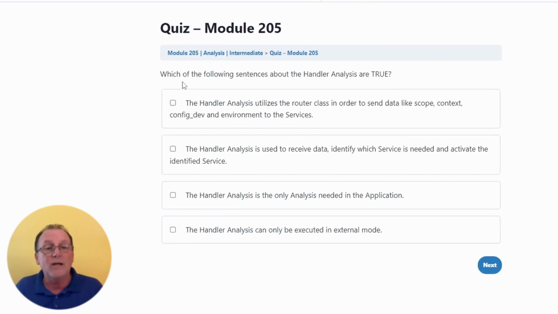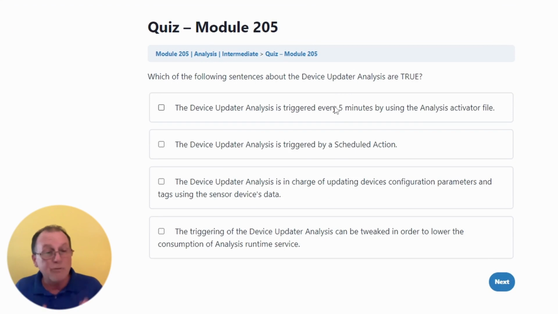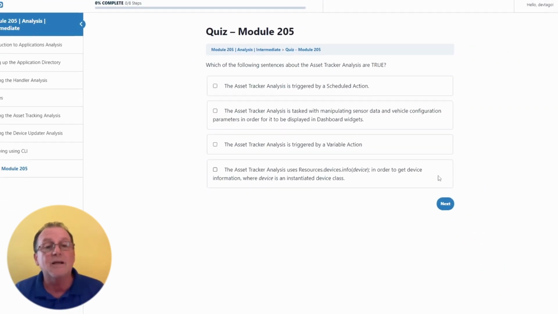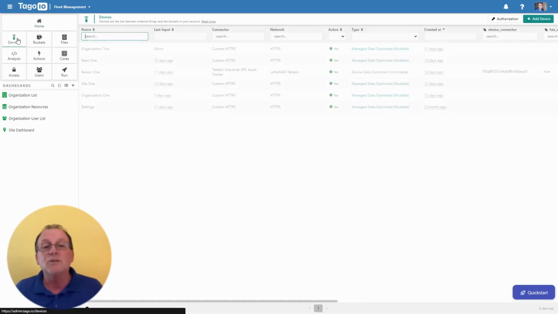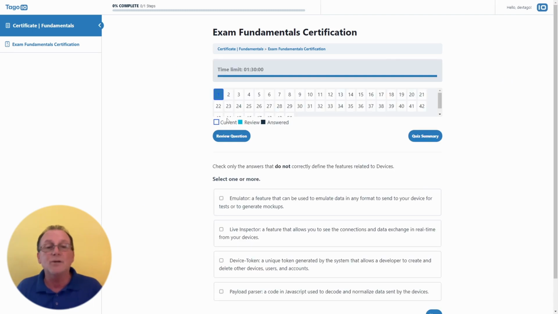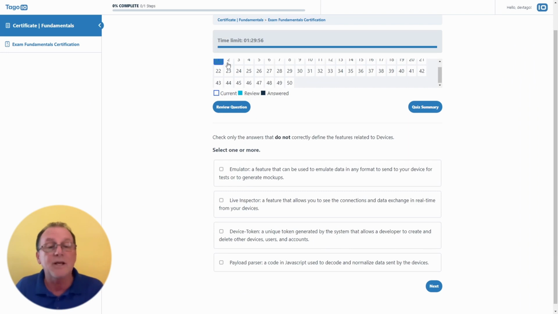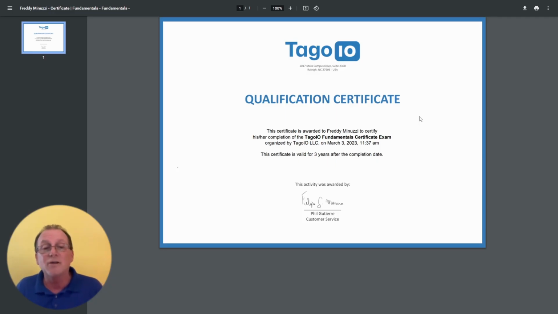There's also a quiz after each module that you can take to check and see how you're doing, and you can retake these modules as many times as you like. After you've gotten hands-on with TagoIO and completed the modules, you can attempt the Fundamentals and Developer track certificates, which will gauge how you understand the core concepts of TagoIO and your ability to develop your own application. These certificates serve as compelling evidence of your understanding in various topics associated with IoT and make it easy to showcase your skills to employers or industry